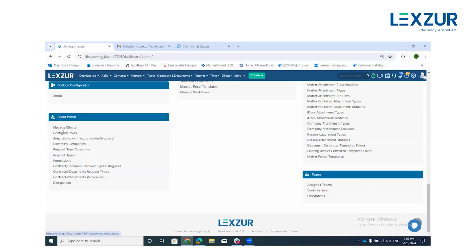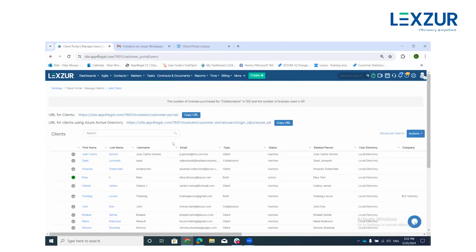From the first section here, the manage clients, you can add all the client portal users,